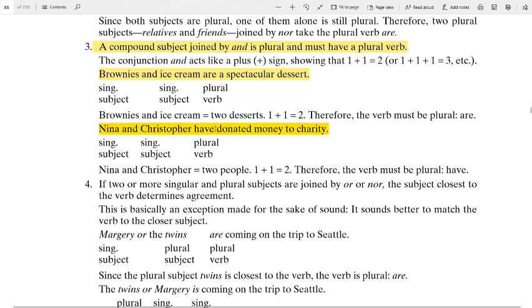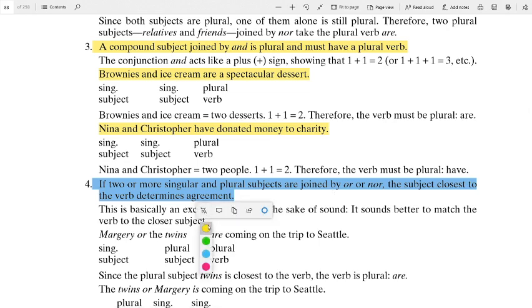to charity. If I joined with or in the middle, it would refer to either one of them, so then it would be has donated here. Okay, here, if two or more singular or plural subjects are joined by or/nor, the subject closest to the verb determines agreement. This is very important. Suppose you are joining two different types of subjects with either/or/nor. A verb should follow